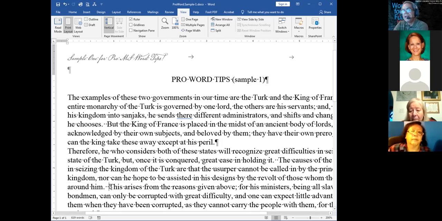So we have a really neat little trick with Microsoft Word that allows us to make global changes instantaneously throughout a document. Whether we're changing a word, somebody's name, or the number of spaces, if we want to look through this document